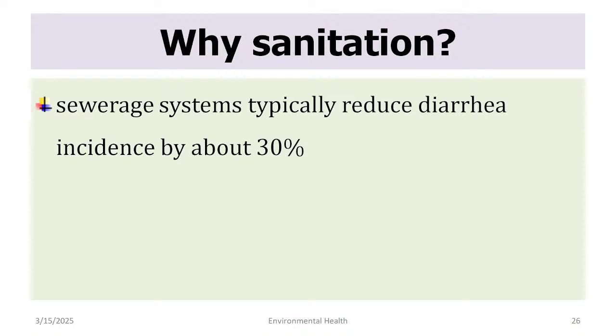And the sewerage system typically reduces diarrhea. There was a study which I read about, that's what I am showing you. They were able to show that if it is a well-maintained, existing sewerage system which has been there for say 20-30 years, it will reduce the incidence of diarrhea by 30%. If there was no sewerage and the sewer line has been made newly, it can go up to 60%. Lot of change. So in rural areas, the diarrhea incidence may go down as much as 60%, and in urban tier 1 cities, it will be at least 30%. That's what has been shown.